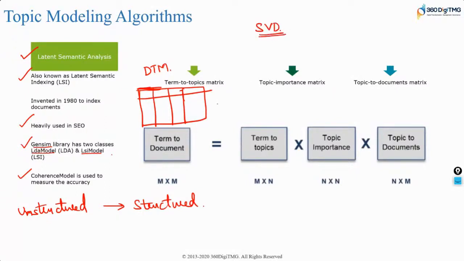What singular value decomposition does is, it will take your document term matrix and decompose this into U sigma V transpose. This component that you're seeing, terms to topics, is called U. The topic importance is given using sigma. Topics to document is given using V transpose.